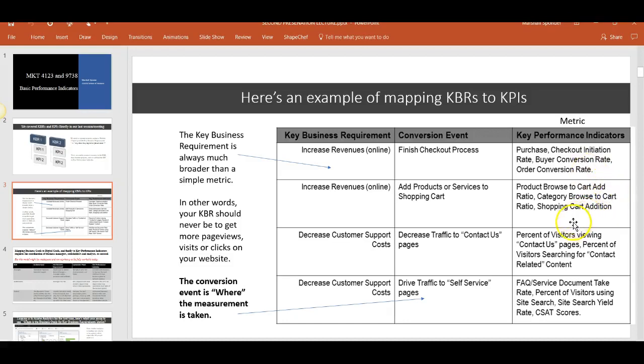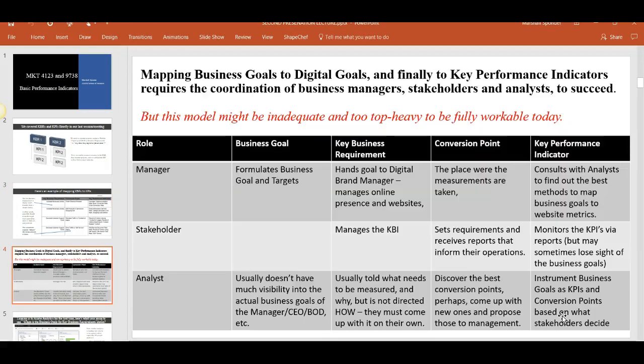Some of the things that I might need as metrics might not be possible to get in web analytics, like CSAT scores, customer satisfaction scores. That's not going to be in web analytics. That has to be defined. But to the extent that you can keep what you're measuring as part of what analytics provides you, you're going to be happier than if you have a lot of things that you're pulling from disparate sources that you can't necessarily easily get a hold of or put together, or things that don't even go together.